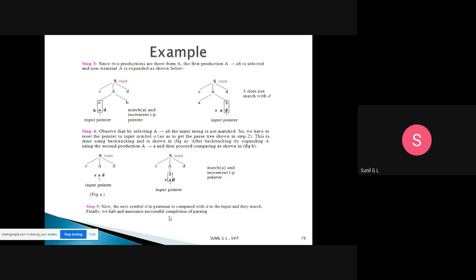We call this backtracking: whenever we apply a production but do not get the final string, we move back to the previous step and apply the alternative productions, and match the output string.